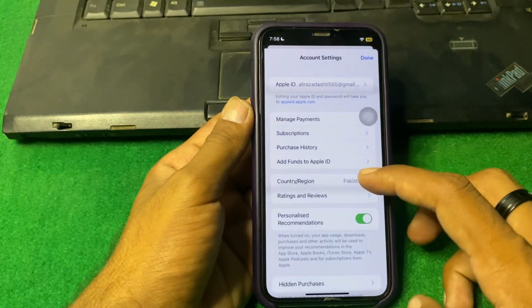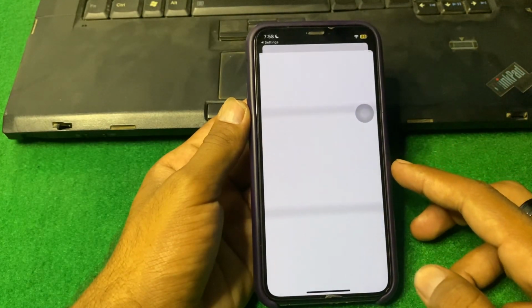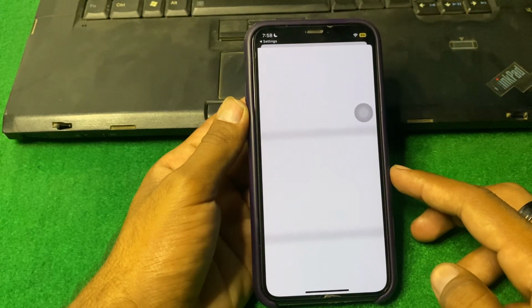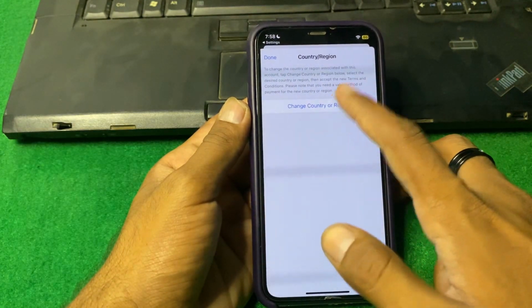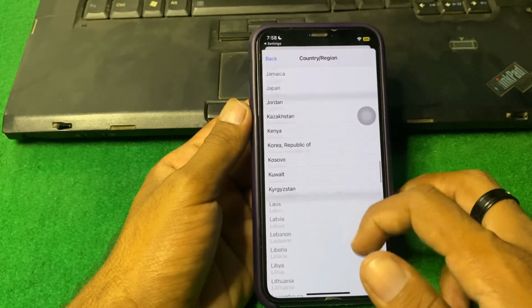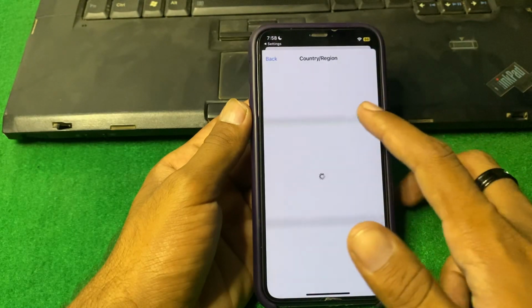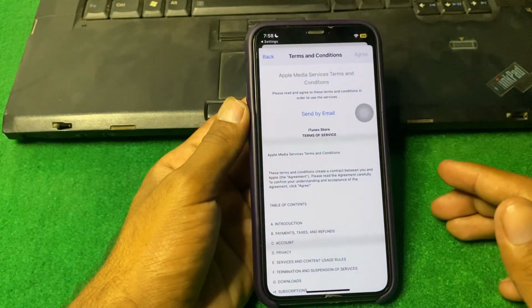Now from here guys you have to simply tap on Country/Region. So guys tap on Change Country or Region, and from here select your country, tap on Agree,